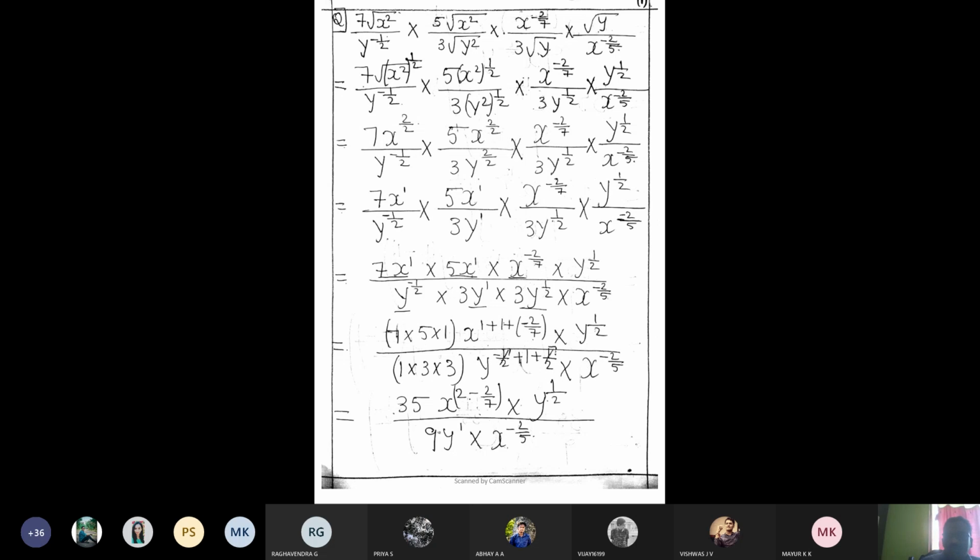That much is enough for us. Simplification is probably a matter of some 1 or 2 marks. I said this is for 10 marks. If you make some mistake in simplification, you may lose some 1 or 2 marks. Otherwise you'll get maybe 7 or 8 marks comfortably.